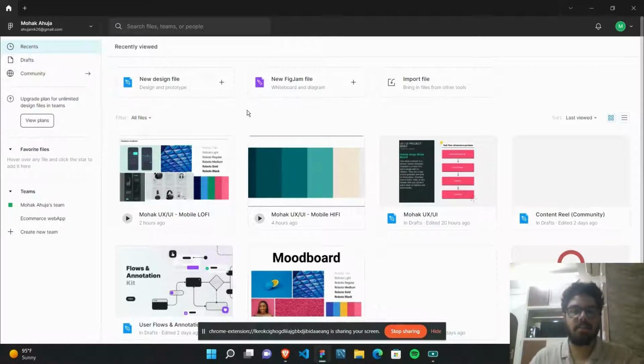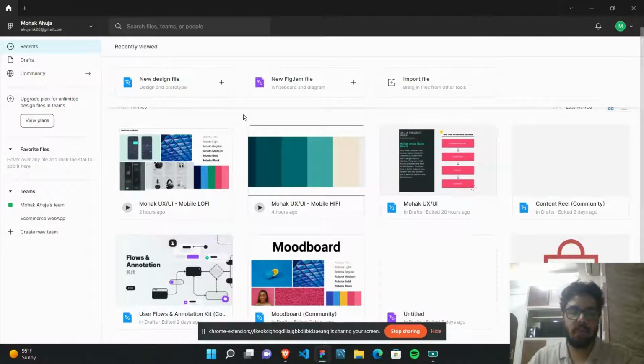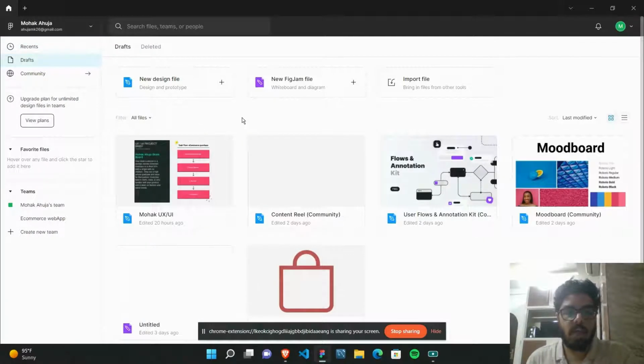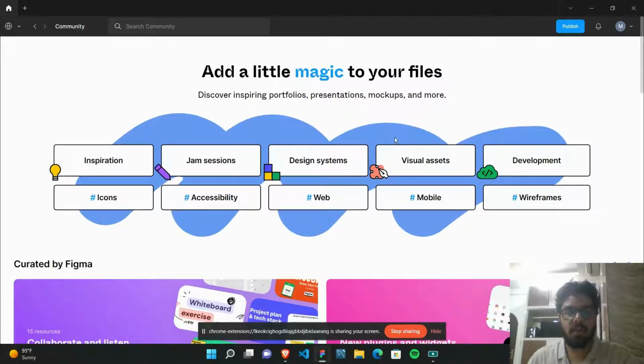In the Recents tab, you will find all the tabs that you must have opened before, or the files that you are working on right now. In the Drafts section, you will find the drafts of the tabs that you have created for the Figma files. In the Community tab, you will find all the plugins and the images that we will be using later on